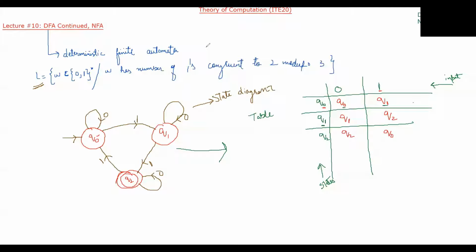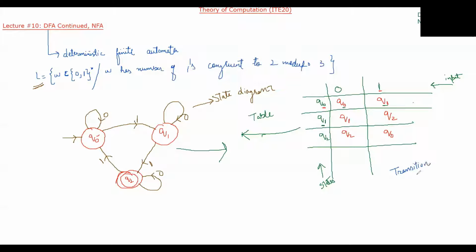Is there any other new state apart from these three states, Q0, Q1 and Q2, which we have already completed? Q2 we are done. For Q0 we are also done in the first row. So there is no new state. This particular table represents this particular DFA, or we can say this particular state diagram. This table which represents a DFA is called a transition table.